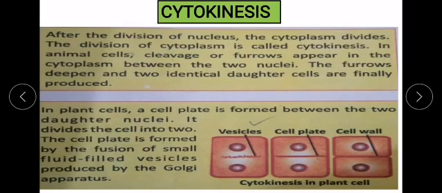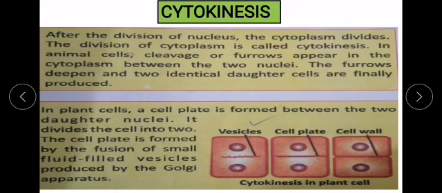So in cytokinesis, as the nucleus of the cell divides in karyokinesis that we discussed in detail, after karyokinesis, cytokinesis occurs, that is the division of cytoplasm. So after the division of nucleus, the cytoplasm divides. The division of cytoplasm is called cytokinesis. Now cytokinesis in animal cell and cytokinesis in plant cell, there is a bit difference between these two types